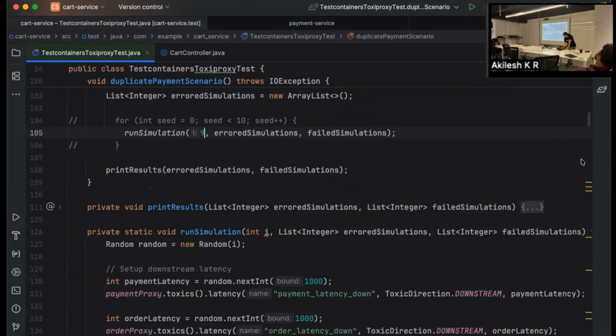So how do you think we can fix the double payment issue? What should the payment service do to not charge the customer twice? It should know that it has already raised payment for this particular order, right?